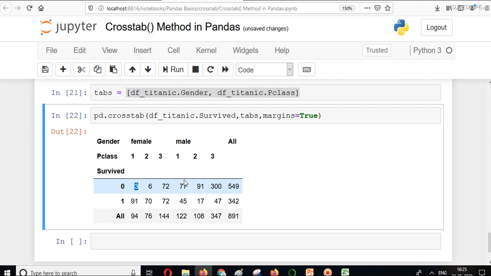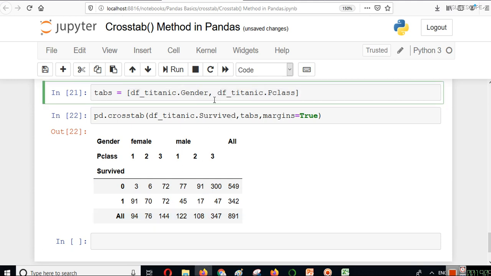So you can read this data, and in one data frame you will get all your answers. How many males were there in total? You can see that in passenger class number 1 there were a total of 122, then 108, 347 and so on.